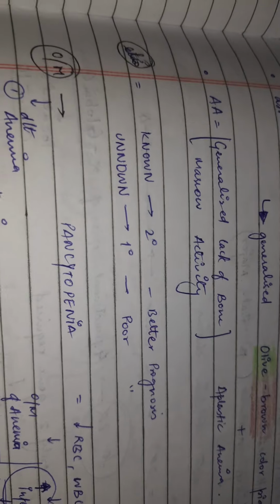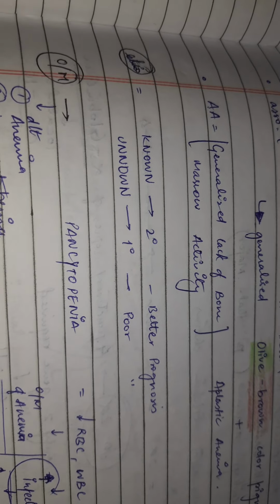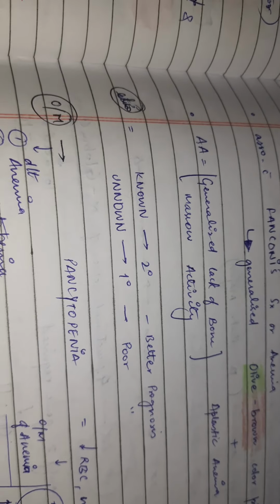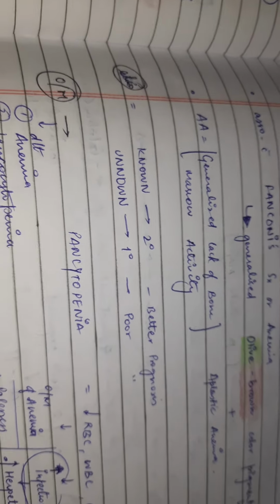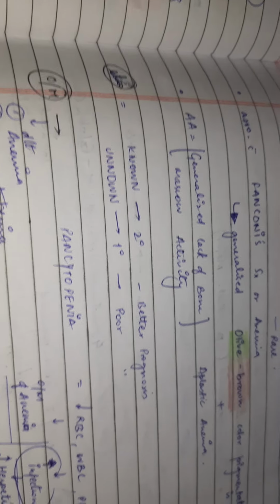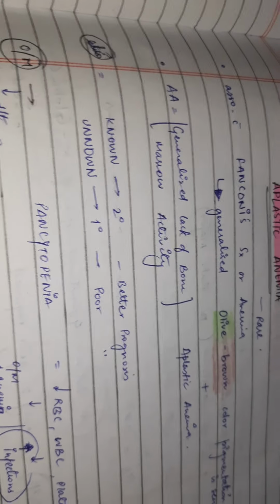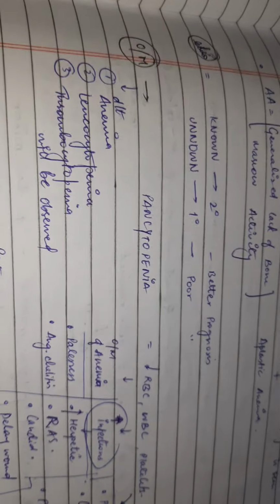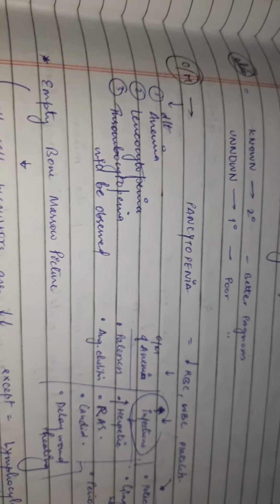Etiology: if known, it is secondary, which obviously has a better prognosis because the etiology is known; if unknown, it is primary aplastic anemia, which has a poor prognosis. Oral manifestations are pancytopenia,